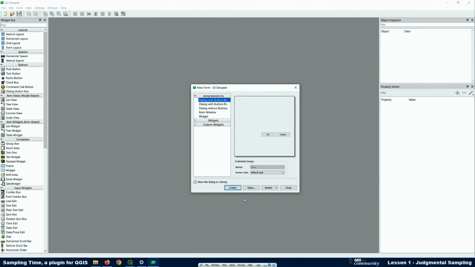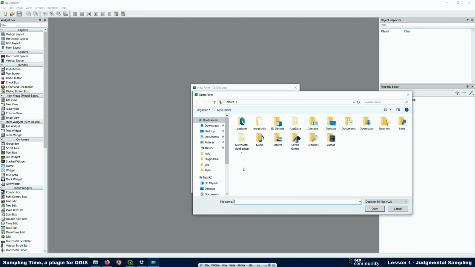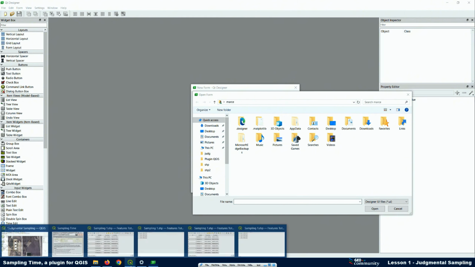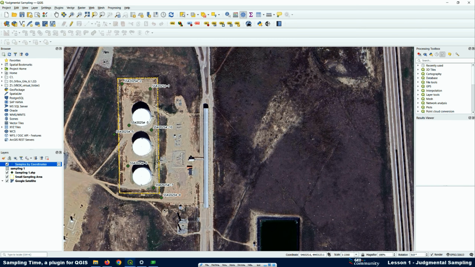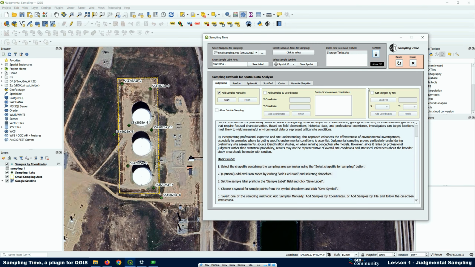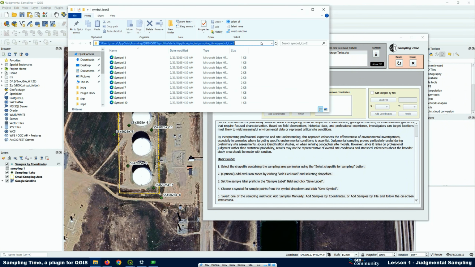Then you go here to open and look for the folder where you have the plugin installed. If you go to the plugin and press the symbol over here, you're going to see that this is the link folder. This folder over here. Then I'm going to copy this one,